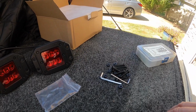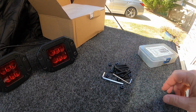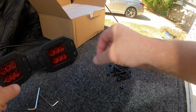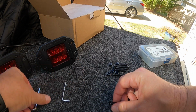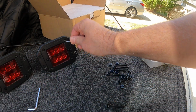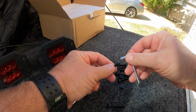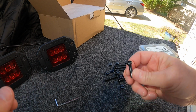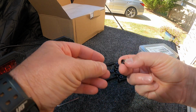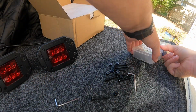Okay guys, I'm getting ready to bolt these red LEDs up to the bumper. They come with a couple of Allen wrenches. A little bitty one here, that must be the one that goes to the actual pods themselves. And then it has this one, which looks like about a 3mm, maybe a 4. Goes in there. I was looking at these, and they basically just come with nuts. I would recommend some of